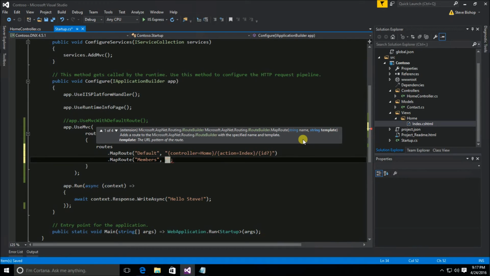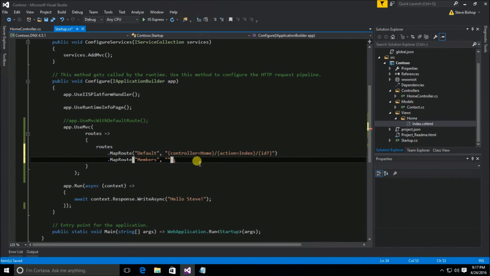Now, in this new template that I'm creating here, I need to make sure that it is distinct and different from my default route. So in this case, if somebody wants to get to the members section, the first part of the URL that comes after the host needs to be members. So they're going to type members as part of the URL, then /. So these are actual characters that must be typed in the URL